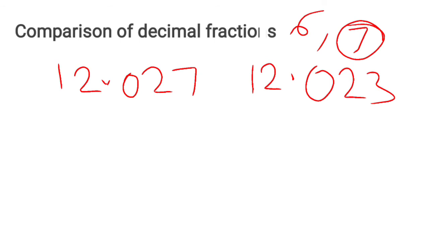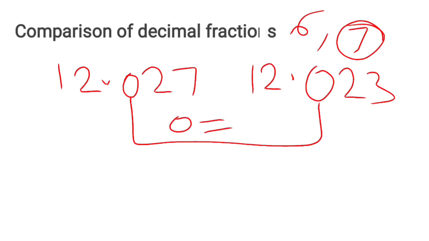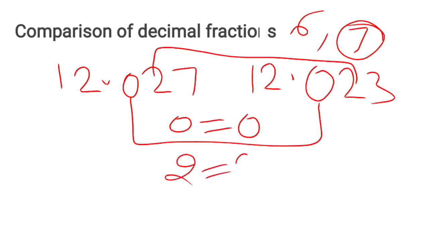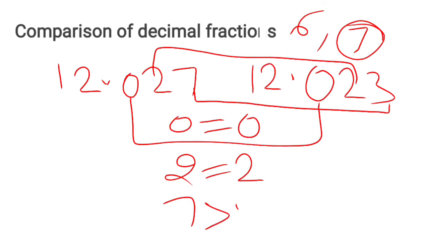We will compare from the left side. First I am comparing this number. First we will compare the tens place. 0 equals 0. Now after the tens, we compare the hundreds, that is 2 equals 2. After comparing the hundreds place, we will compare the thousandths place. So here 7 is greater than 3,